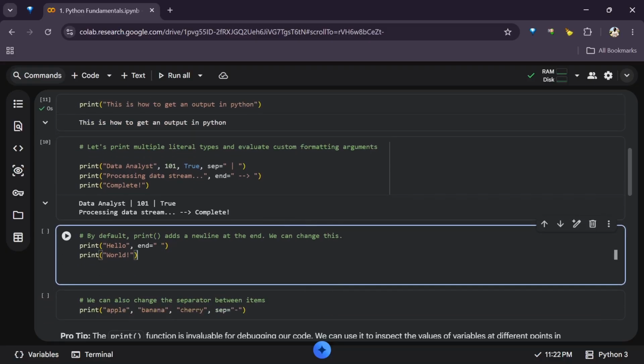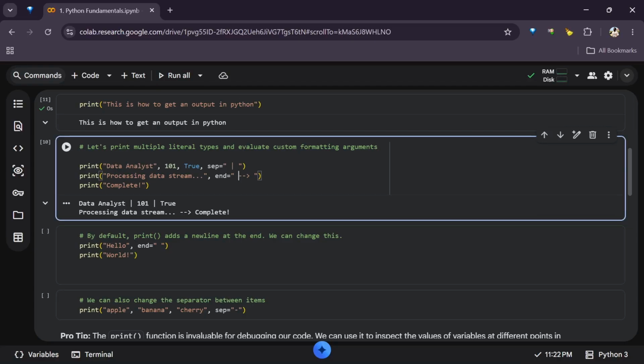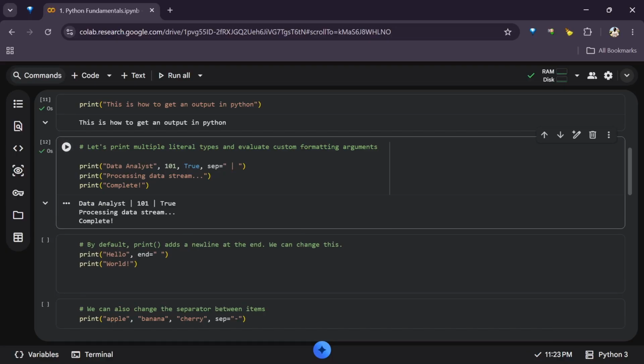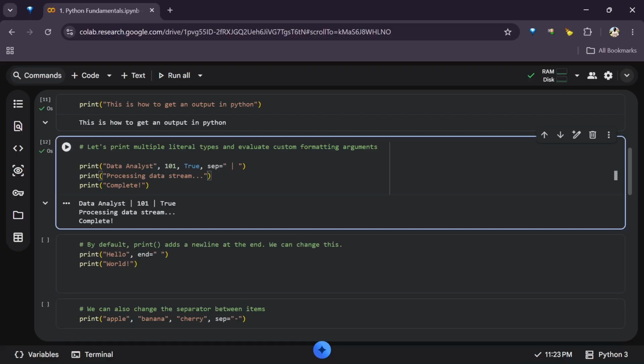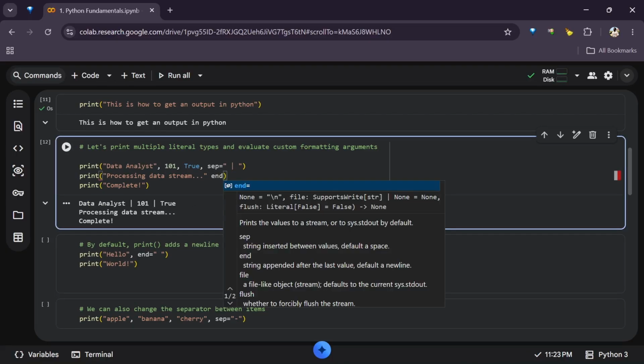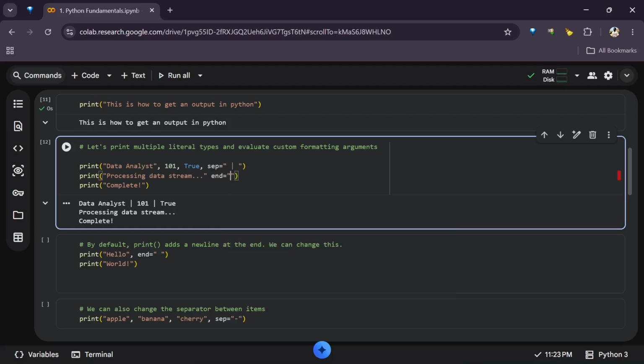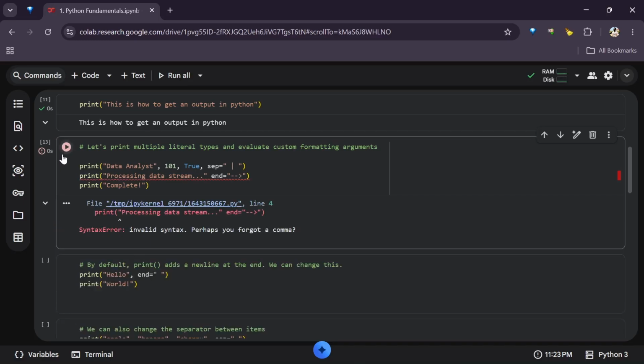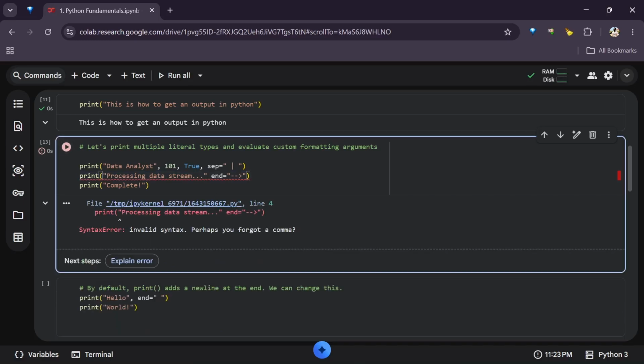So this is another one. By default, print adds a new line at the end, and we can change it. If you notice, this is how we changed it. If there was no end here, this automatically would have been on a new line. So let's see how that works. You can see this would have been on a new line. But when we use end, so end is an argument, we'll still see what argument means properly. I'll say I just want it to be something else. Okay, I think I missed that. Yeah, that is right here. I missed the comma.